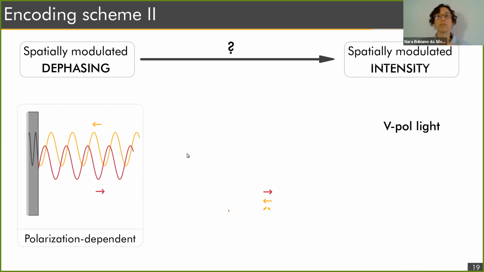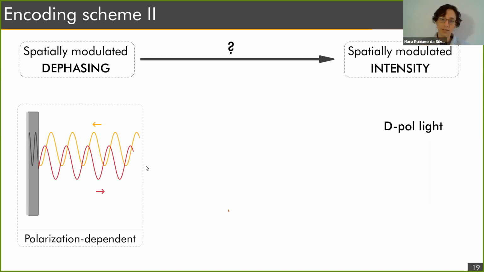Now, if we use diagonally polarized light instead, which is a light that has half of its intensity in H polarization and half of its intensity in V polarization, while those two components are in phase. Now let's take this light and send it to the SLM. This means that only the horizontal component will be affected and will show this dephasing, and the vertical one won't be. So in the end, the net effect is that there will be a dephasing on the outgoing light.